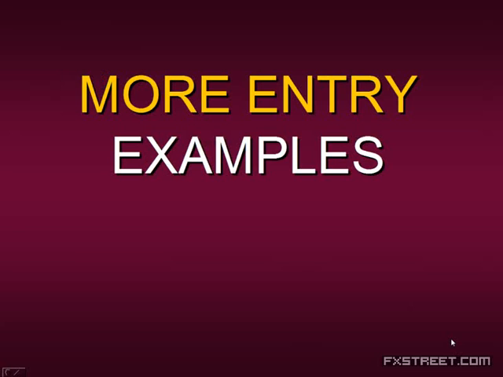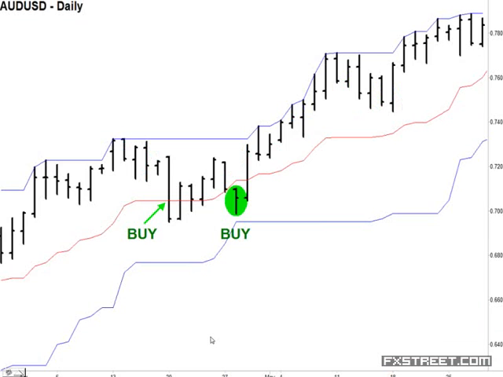All right, so let's look at some more entry examples using these 2 different techniques, the aggressive and the conservative examples. These are older charts, and then we'll go and look at some more recent charts. Here's the Australian dollar. Obviously, we're in a nice uptrend. If you were an aggressive trader, you would have purchased right here once price came down and simply touched the midline. But if you were more conservative, you would have waited for a bar to be entirely below the midline, which is right here, and just simply purchase at the close, and the trend would have resumed.